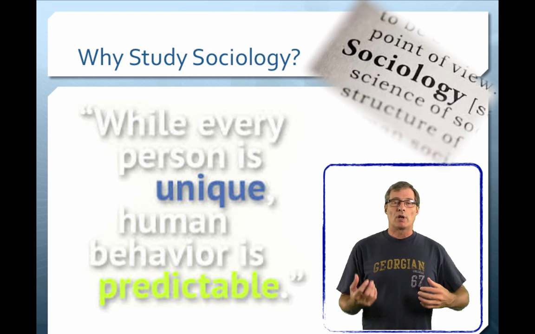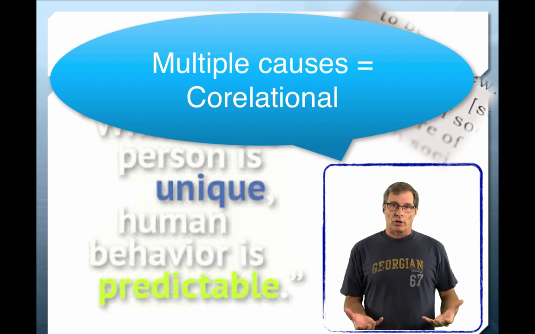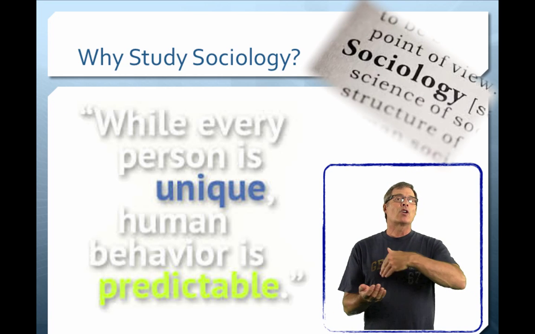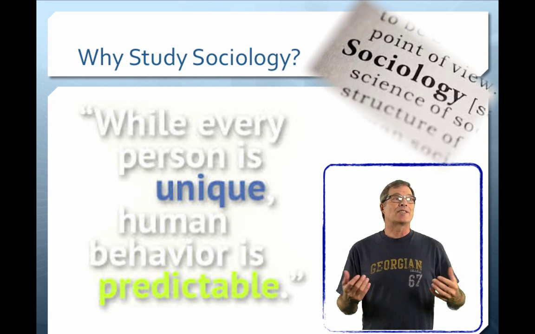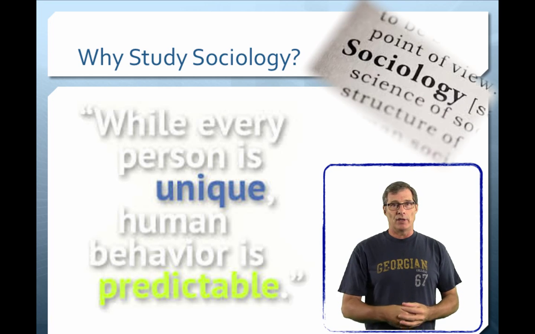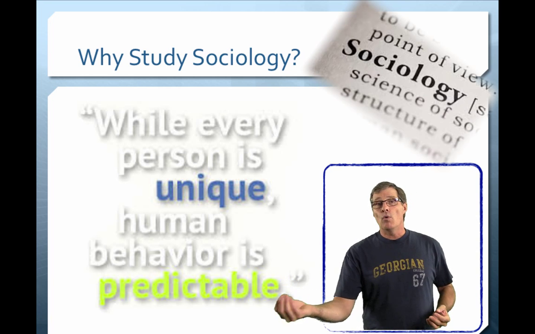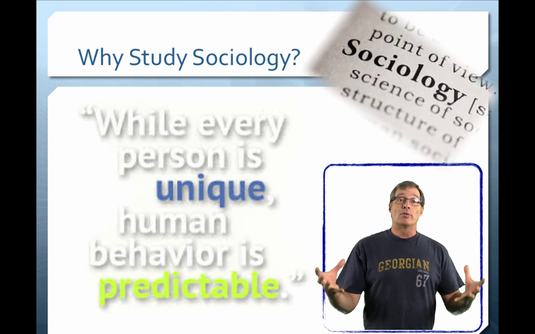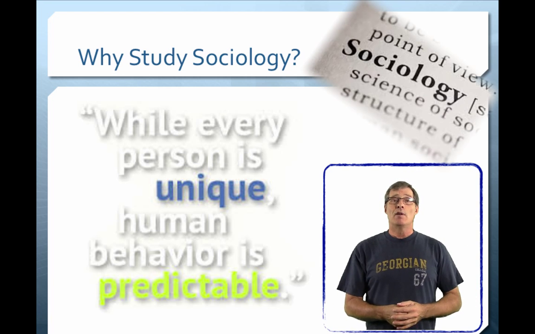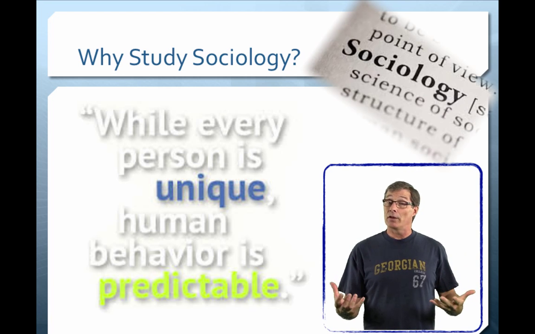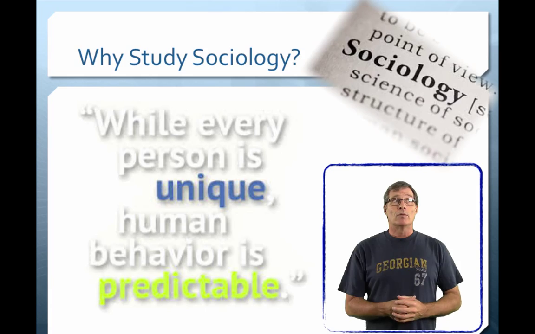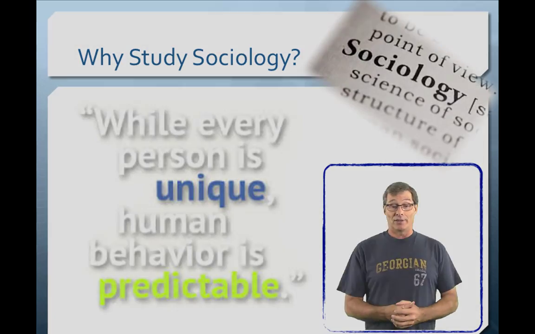So they search for multiple causes. It's also known as correlational. So rather than there being a single cause for, say, homelessness, there are correlational causes or correlational explanations. There's more than one reason that homelessness exists. It's not just the lack of money or the lack of a job or not having a home. It could be other variables that can contribute to a person becoming homeless. So they are correlational. They exist at the same time, but they're not cause and effect. And a lot of sociology is like that, looking for the kinds of explanations that can give us insight as to why phenomena exist.